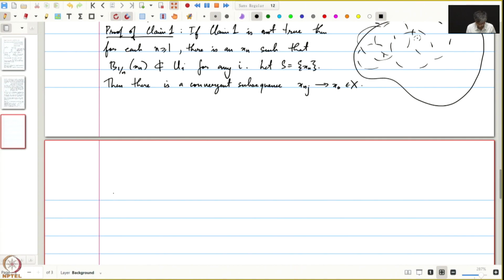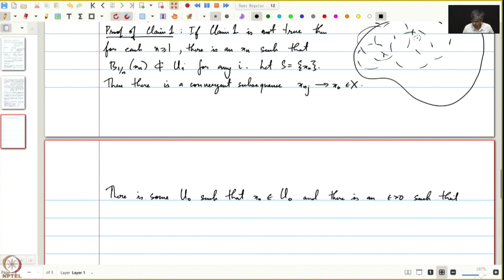So there is some u naught such that x naught is in u naught in our open cover, and for this u naught, yeah, there is an epsilon positive such that this ball of radius epsilon around x naught is contained in u naught,